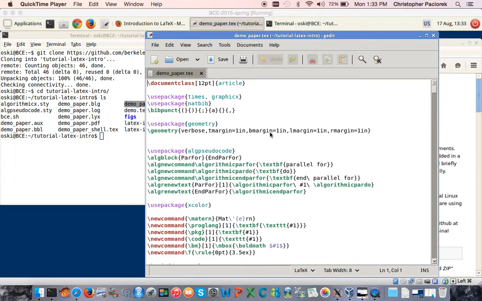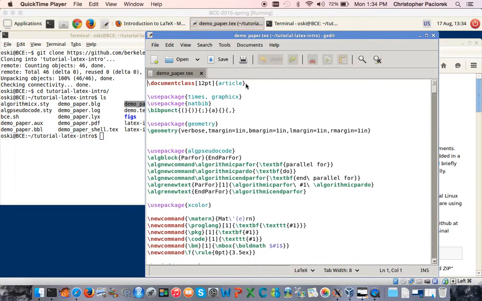One of the first things to notice is that this is a simple text file. So LaTeX is not a word processor. LaTeX is a markup language and a program for basically taking that markup language and converting it into outputs, in particular into PDFs. So what you do when you write a LaTeX document is you specify what kinds of objects you want to include in your document, and then LaTeX deals with formatting those objects in one of a variety of different kinds of styles. So let's look at a few of the features of this document, and then I'll leave it to you to look at some more of the details on your own.